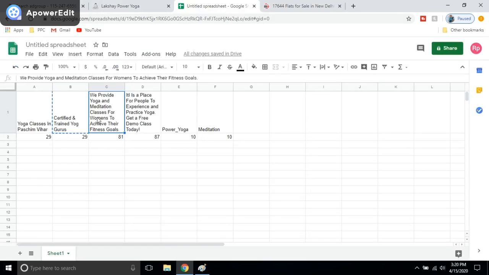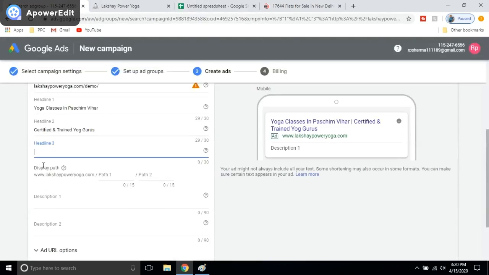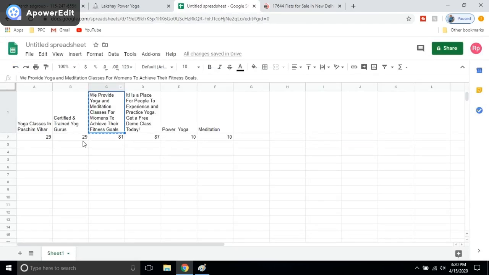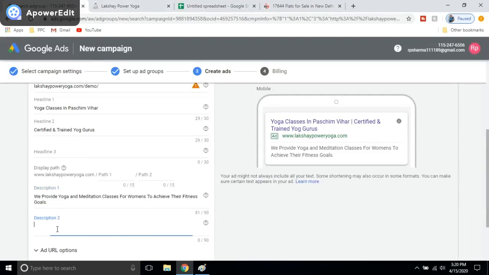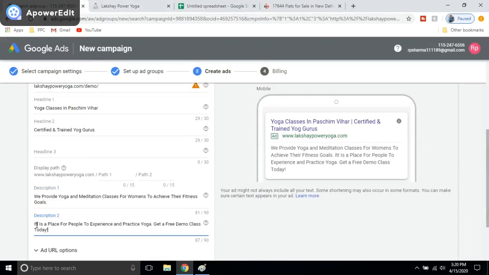So now next is description. Description 1 and description 2. So here are description 1, description 2, headline 1, headline 2 and headline 3.